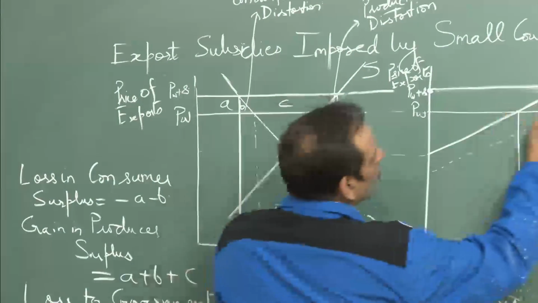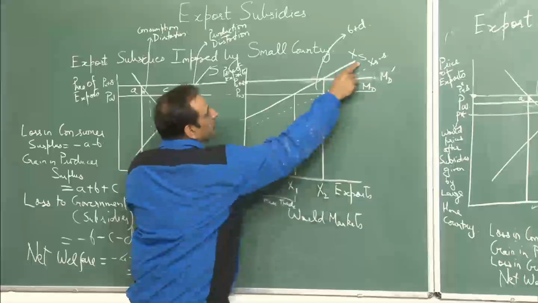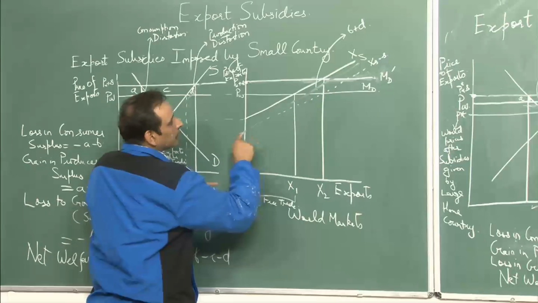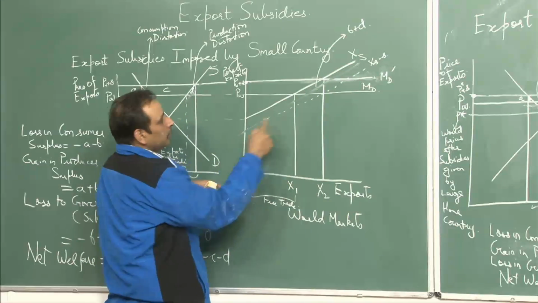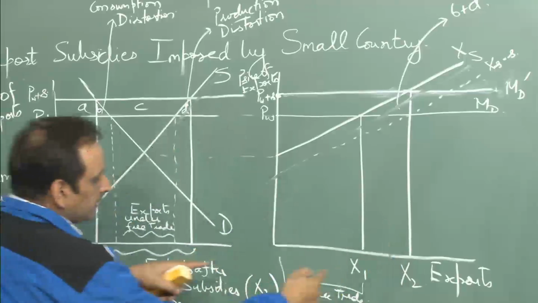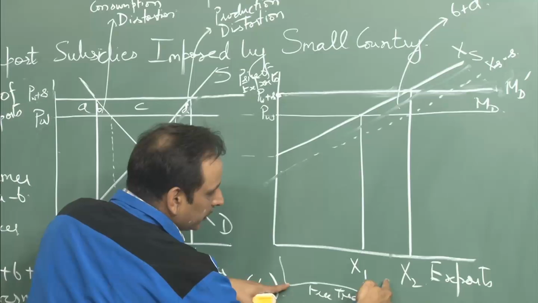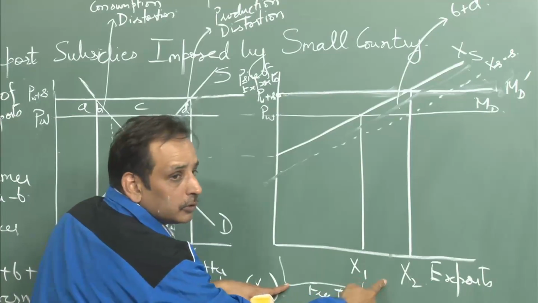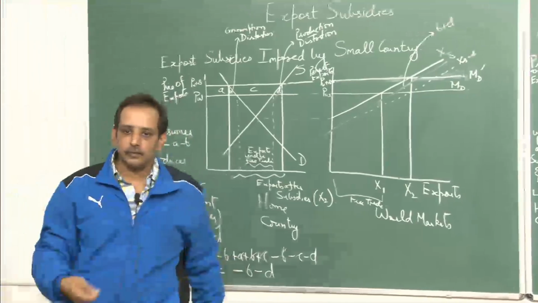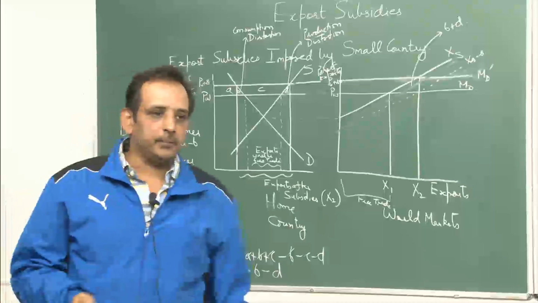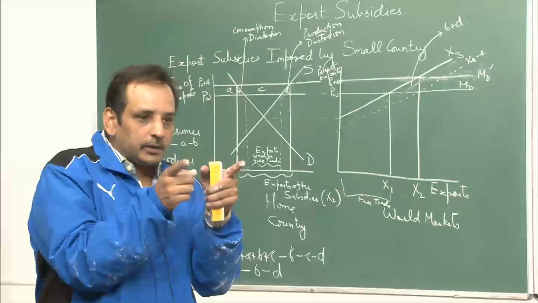So the export supply curve will not be here, it will be here, right. So the exports do not increase by x2, they are less than x2. So production subsidies also tend to have an impact on the exports, but